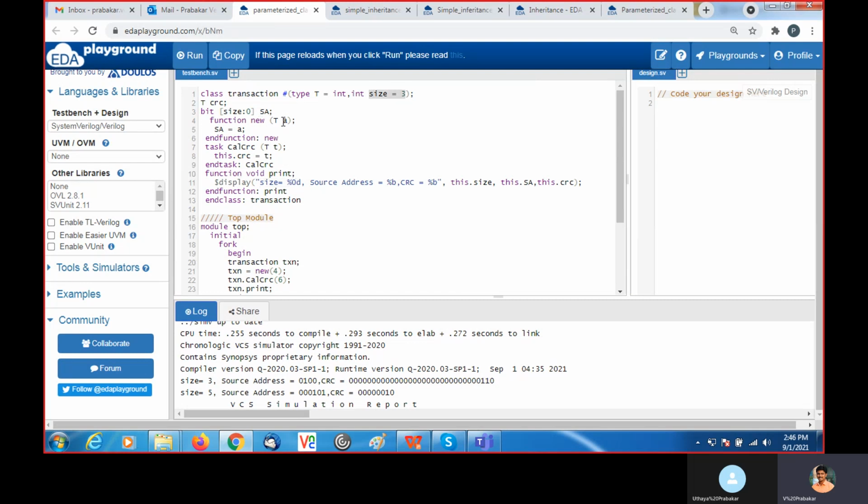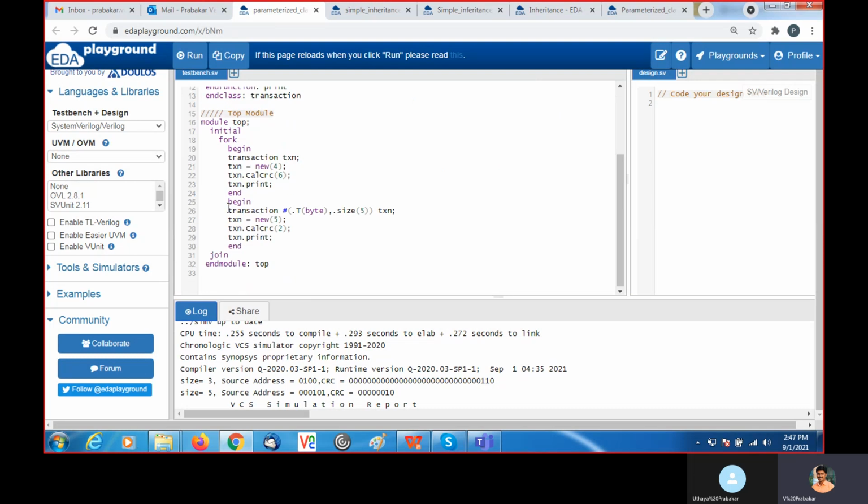Okay. Here we are passing the value of SA. Size is the default value of 3. And source address we are passing as 4. Here SA is nothing but 4. Then CRC, 6 we are passing. So this is the CRC value. CRC is nothing but T, int data type. So it consists of 32 bits. So it is shown in 32 bits.